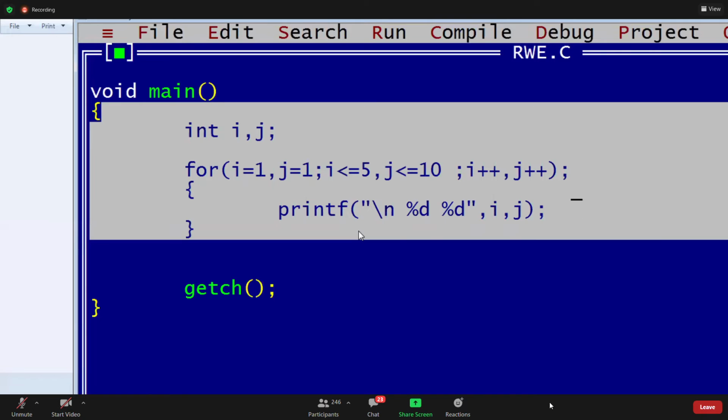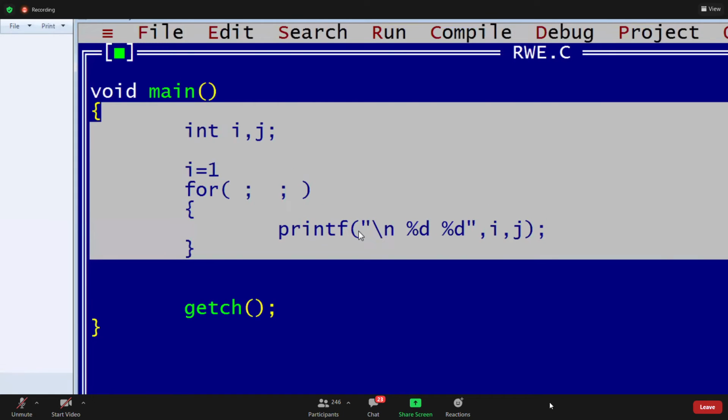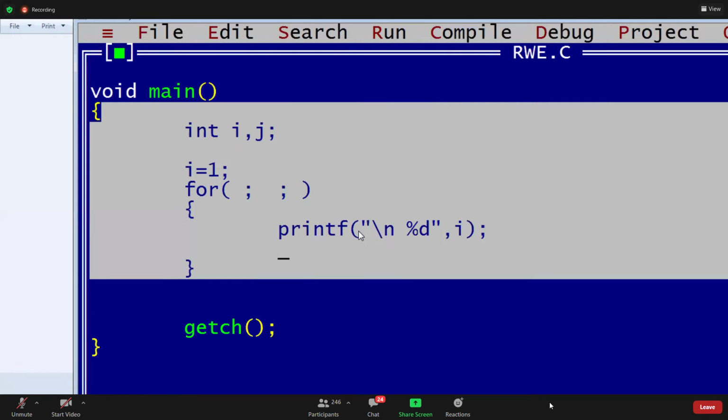My question is, is the previous one clear? This one next. Guys, without this, can I write like this? Is it valid or not? There is no condition. There is nothing. Now can I take the i value as 1? Okay, no? Now I'm going to print the statement. printf("%d", i). Can I write i++? Now is it valid or not, guys?